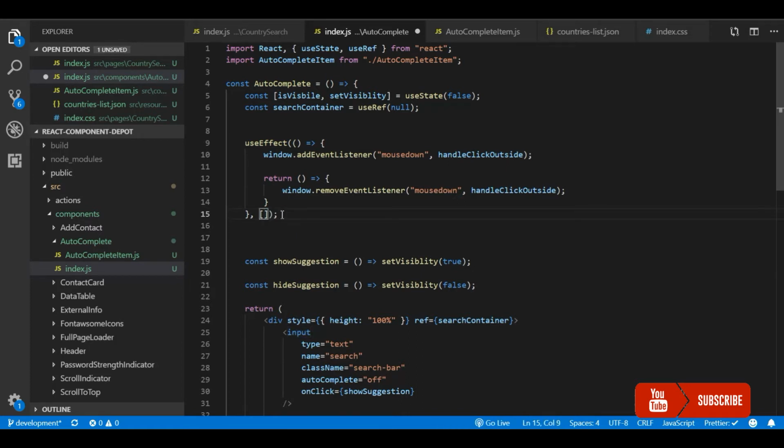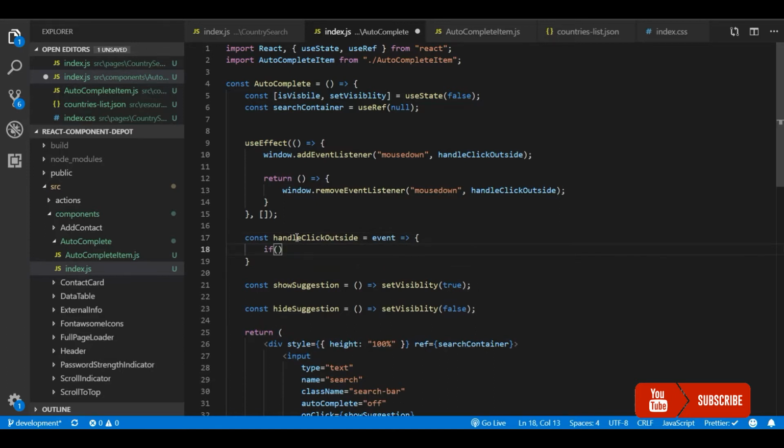So in this handle click outside, we will be checking if the target is inside the ref container. If not, we will hide this.